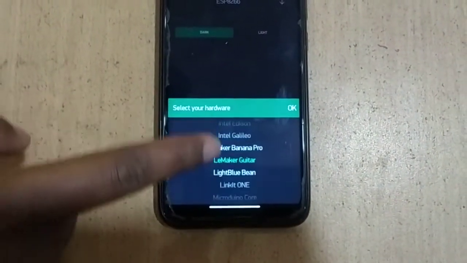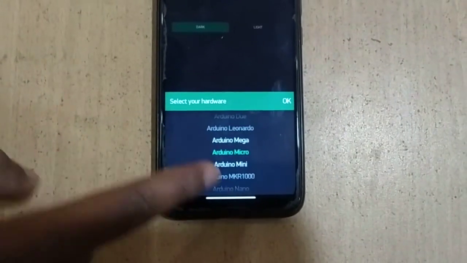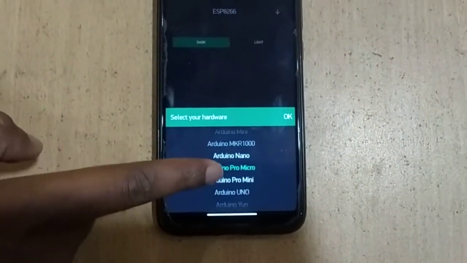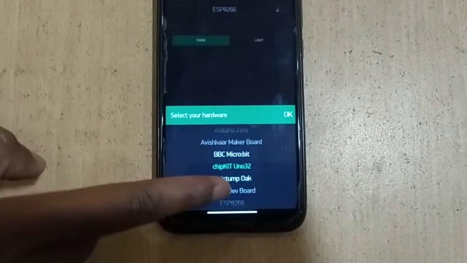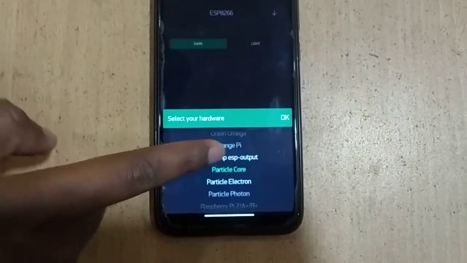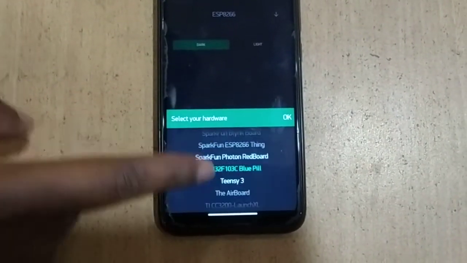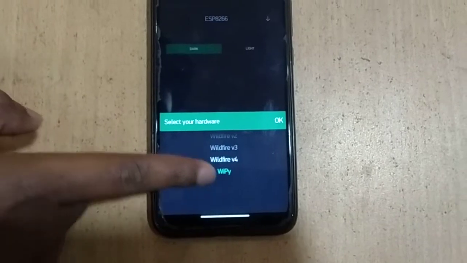There are different hardware options available. As you can see here, Arduino 101, Arduino Due, Arduino Mega, Micro, Mini, Pro Mini. Different hardware options are available here, and Node MCU, Orange Pi, Raspberry Pi. These are all the different things you can select and control using this